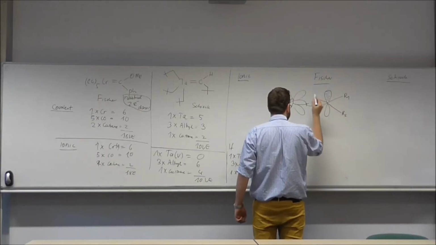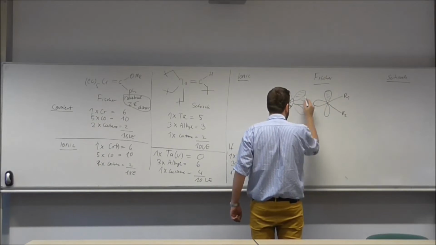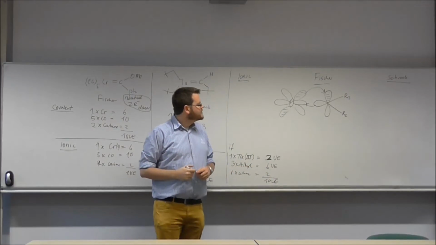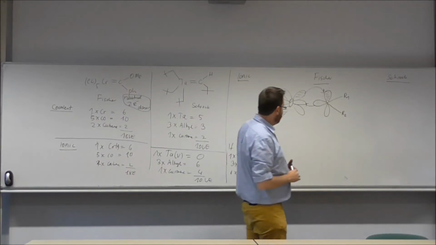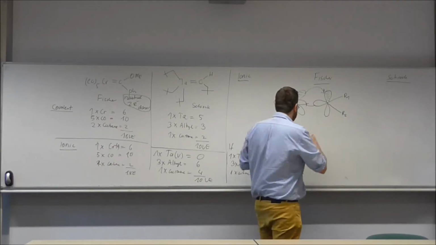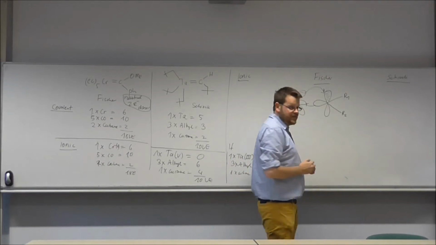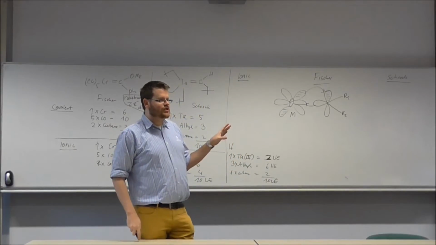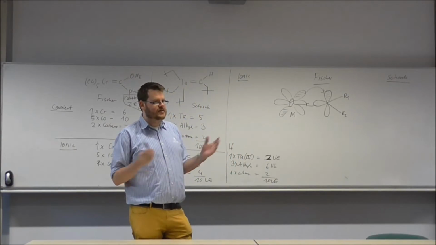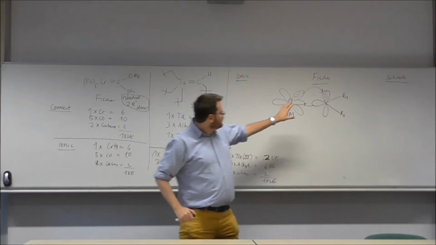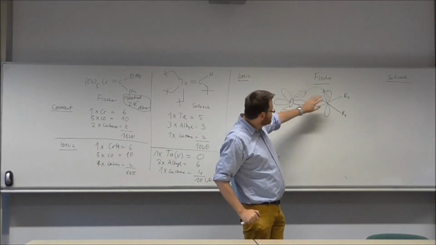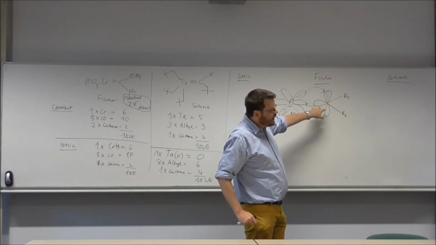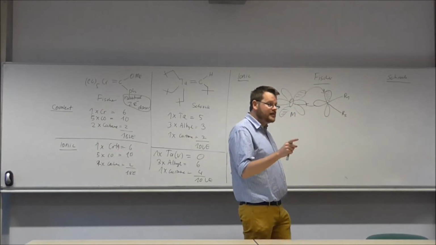Remember, always put the phasors. And that would be a pi back bond. So that's the way to think about a carbene, or the bonding interaction between a carbene and a metal if it's Fischer type. Now, if you count the electrons there and you count the formal charge of the carbon, what do you get? 0. You see? If we just consider this fragment, is it a charged fragment? No, it's neutral, and it's a 2 electron donor. Now, if it's Schrock type,